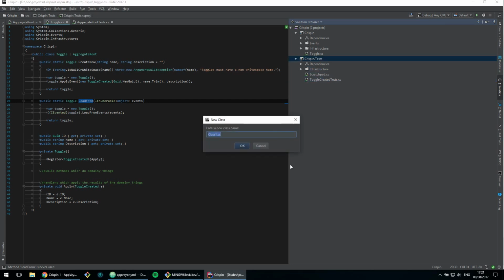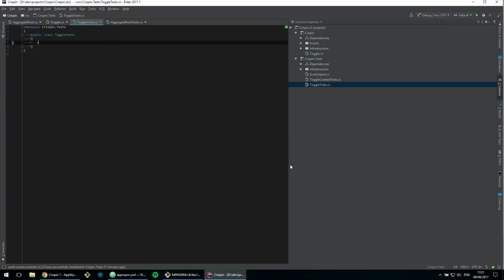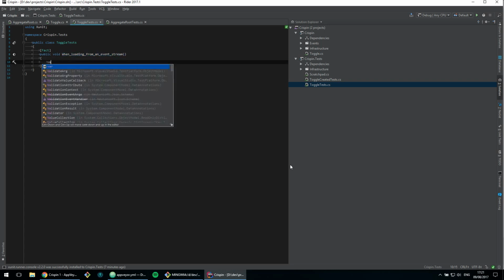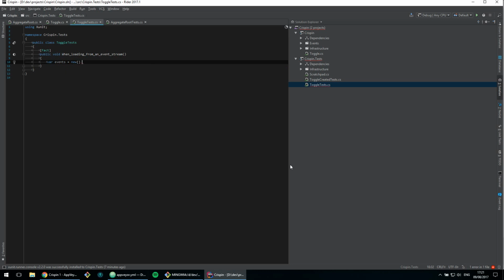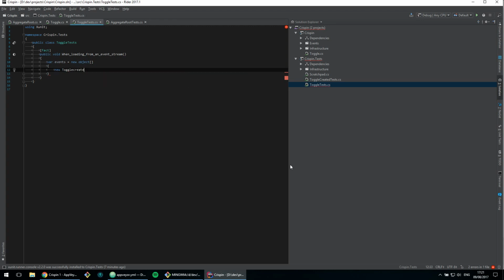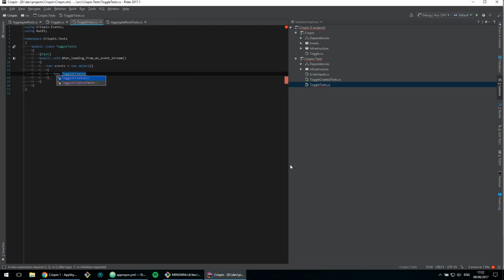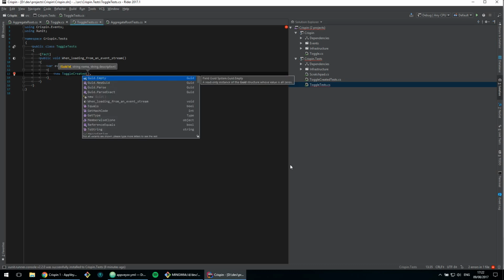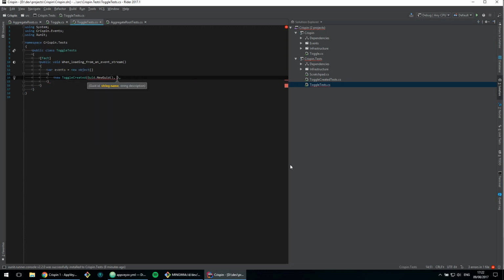So let's create a generic toggle tests class. And we will say fact when loading from an event stream, var events equals a new array. We better say object, even though we're going to have one object in it. And this is going to be a new toggle created event. And a toggle created event has a GUID, a name, and a description. So our GUID is going to be GUID new GUID. Our name,